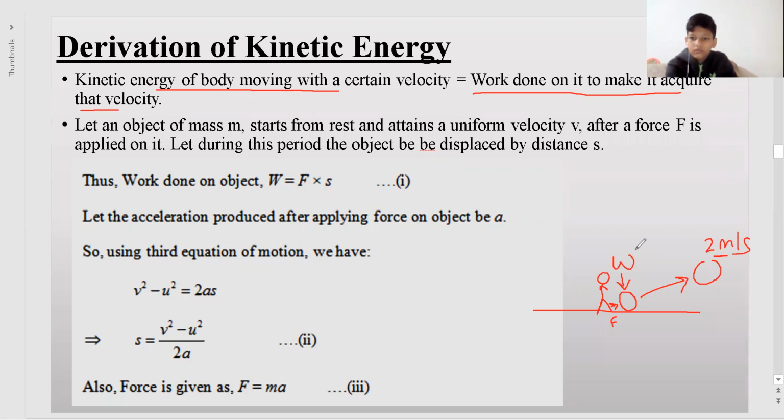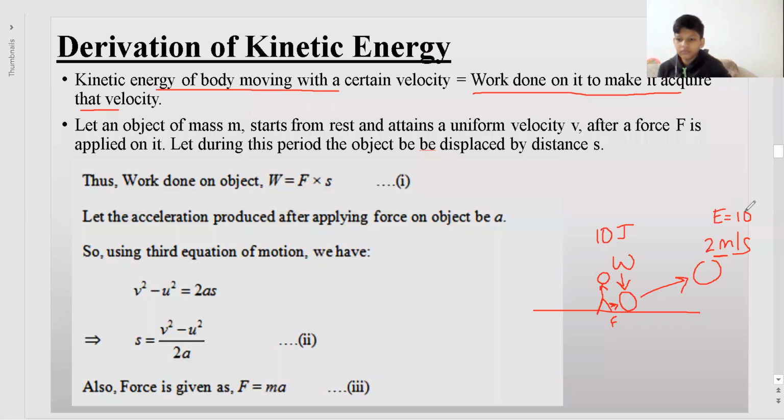So whatever work is done, suppose the boy, on applying a force on kicking the football, does a work of say 10 joule on it. If it does a work of 10 joule on it, then while moving, whatever kinetic energy it will have, that would also be equal to 10